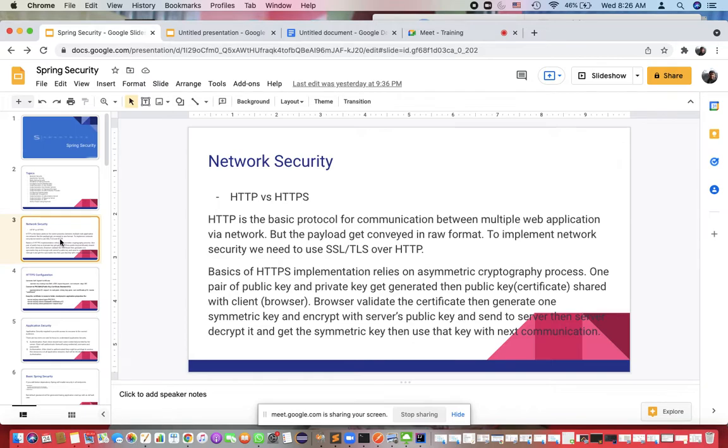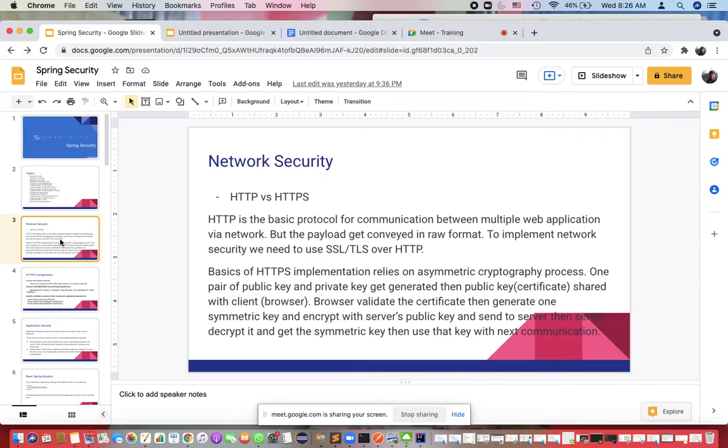After that it will create a random key, simply a random string, and encrypt that string with the public key it got from the certificate, then send it to the server. Now the server can decrypt the data using its private key.